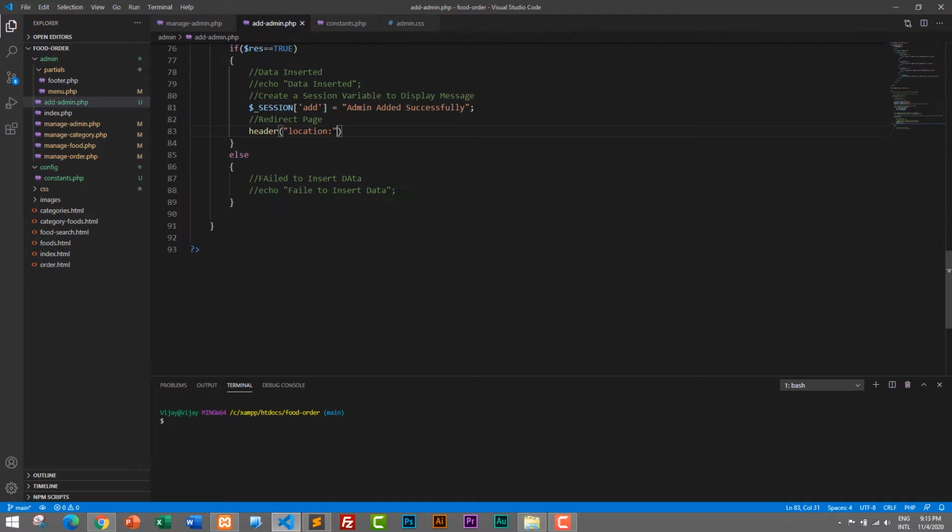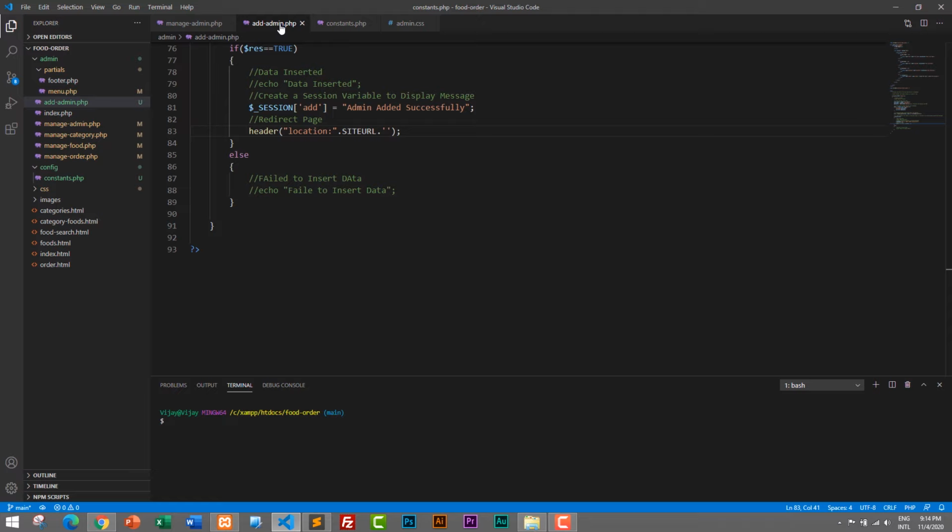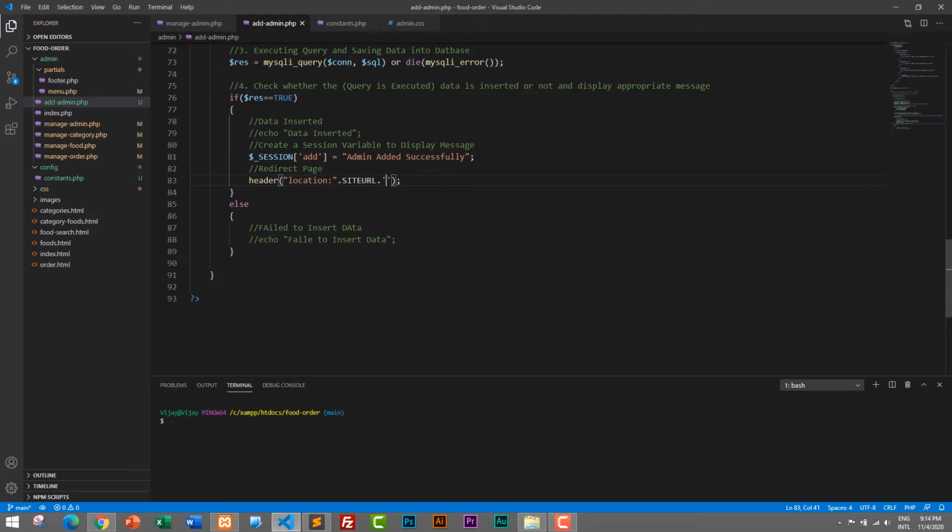And here in location we need to add that constant. So I will concatenate. To concatenate in PHP we use the dot or period sign. So this will concatenate string value. So this is a string value. Now we are concatenating our constant site URL, and site URL gives the value of our home URL,